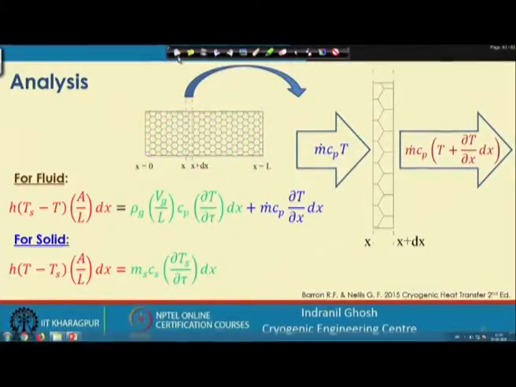That is how it works, but while writing the governing equations, we split it into two parts, one for the fluid and one for the solid. In the solid part we will write this equation, and for the fluid part we write this equation. A detailed discussion of this